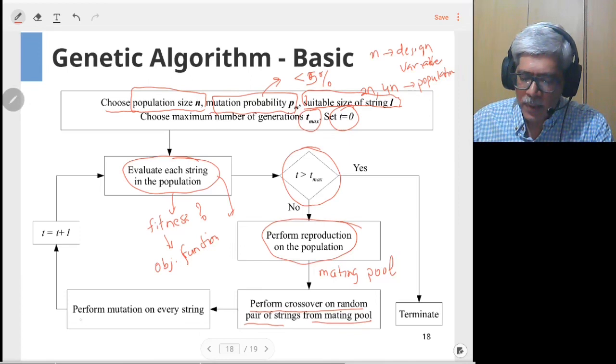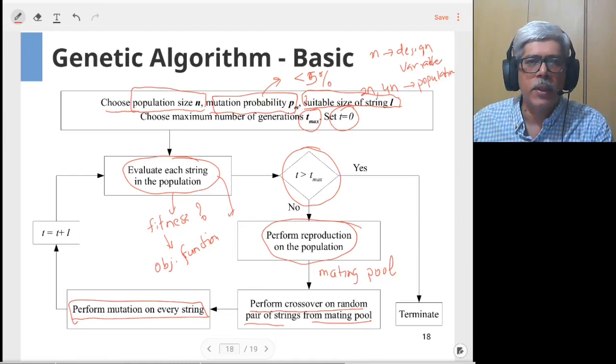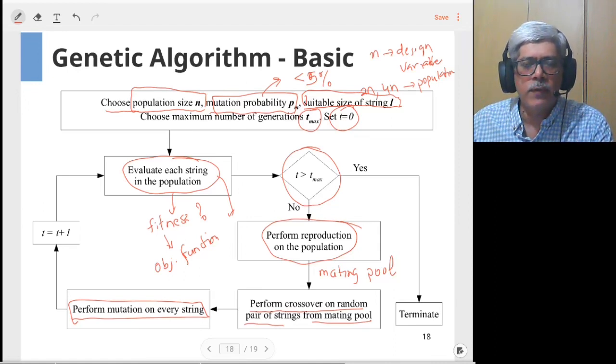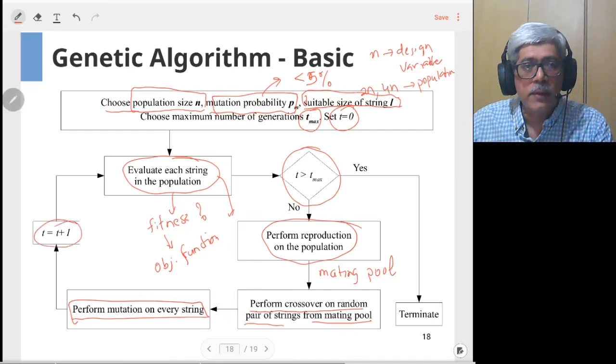Once you have got the offsprings, based on the value of mutation probability, a few of those strings will be subjected to mutation. So for every string, you check whether it will have mutation or not. You will see that detail when you see the Python implementation of the code, and you perform mutation on these strings, as a result of which you will get your next generation for applying the genetic algorithm. So you increment the generation number by 1.